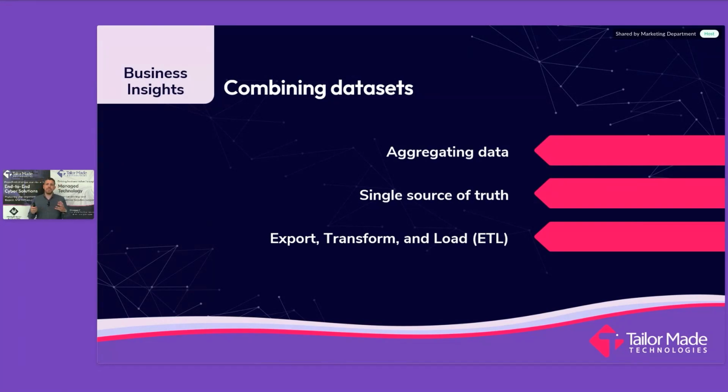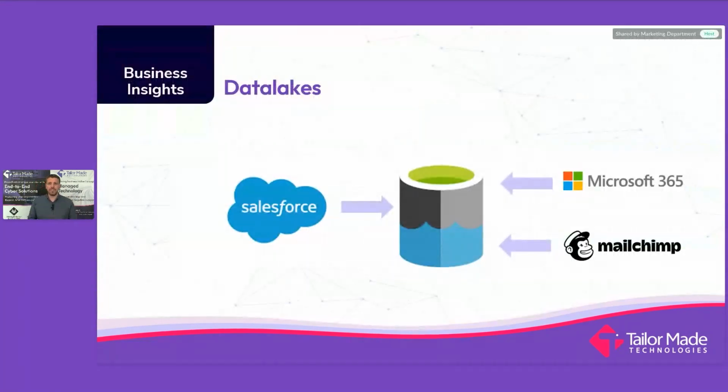But the question is, where do we aggregate this data together? Now, probably the most sensible place to do this is to use something called a data lake, okay, where you can actually aggregate bits of information together or bits of data together. And at this point, it is just data. So the picture you can see in front of you is effectively a database. It's got a little C symbol in the middle of it because it represents a wave, because it's a lake.